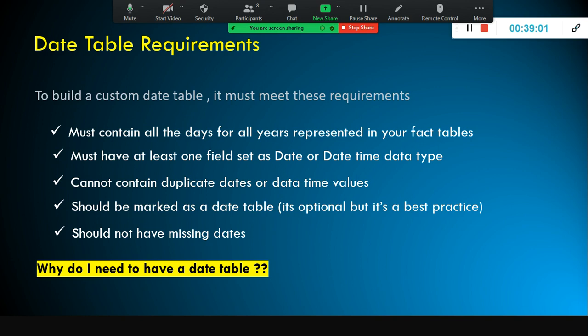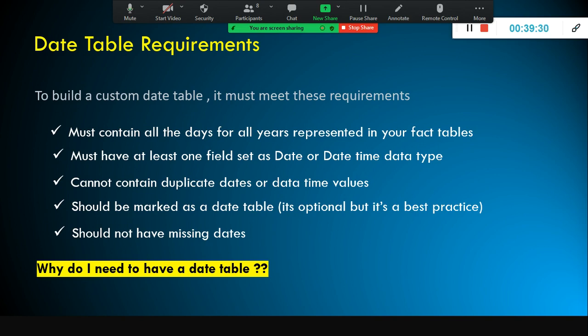Let's say 1st January 2018 we started the business. So as of today it is 2021. There is no chance that each and every day my application would have generated orders.